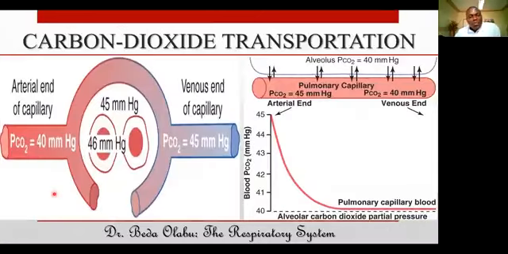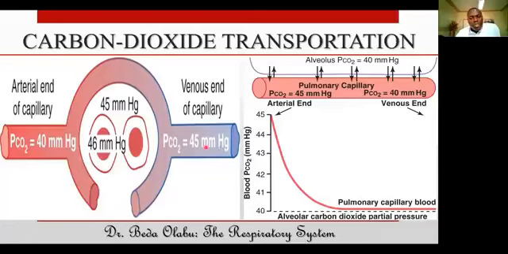So let's see, the partial pressure of carbon dioxide in the arteries is usually about 40 millimeters of mercury. So blood still has some level of carbon dioxide. The partial pressure of carbon dioxide within the interstitial tissue is 45, but within the cells, it's 46. So this blood here, which is the oxygenated blood, has low levels of carbon dioxide, 40. As carbon dioxide passes through the tissues, this carbon dioxide will diffuse into the capillaries so that by the time